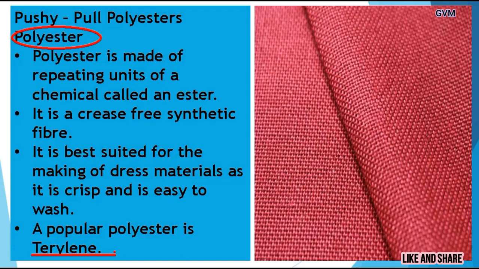And students, what are blended fibers? Students, blended fibers are formed by mixing natural and synthetic fibers. For example, polywool, where the word poly means polyester and wool means wool, that is a natural fiber. So when polyester is mixed with wool, it makes polywool. In the same way, polycot means mixing of polyester and cotton, and terrycot, in the same way, mixing of terylene and